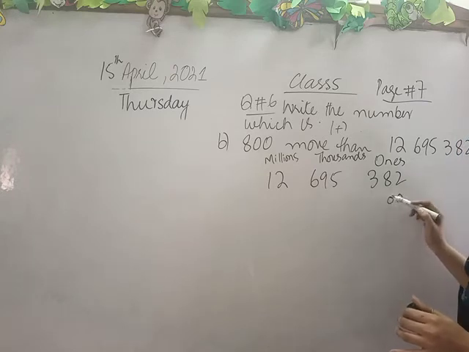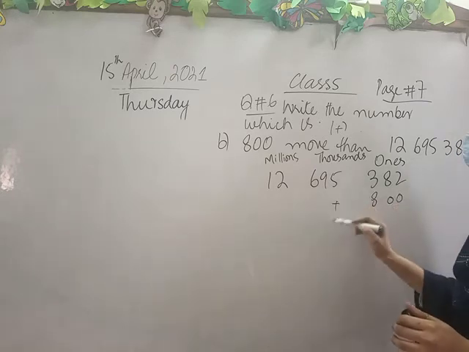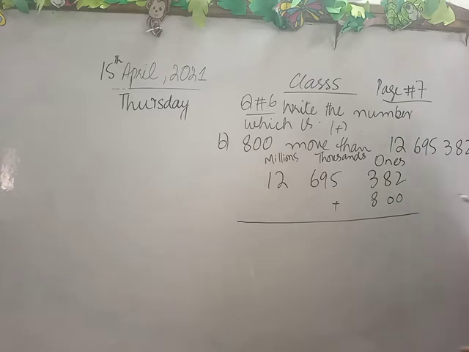So 0, 0 and 8 we will add. Now 2 plus 0 is 2. 8 plus 0 is 8. 3 plus 8: 3, 4 upper and 8, 4 lower. 1, 2, 3, 4, 5, 6, 7, 8, 9, 10, 11. 11 in total, which is a 2-digit number. I will write 1 at unit place and 1 as a carry.